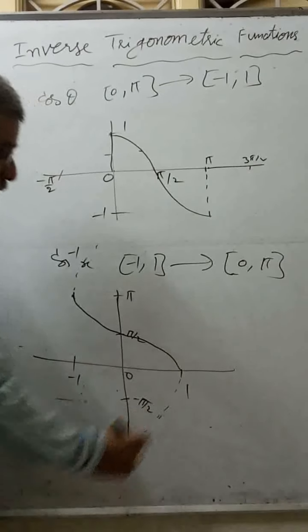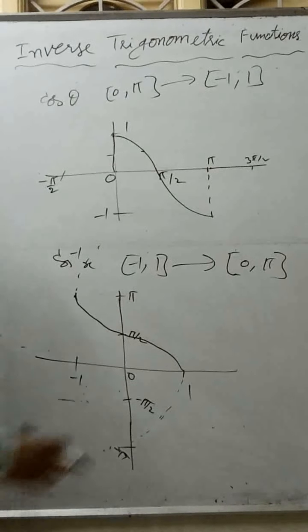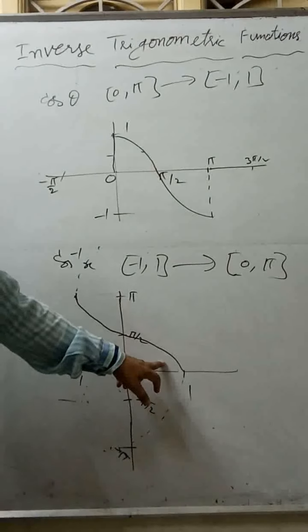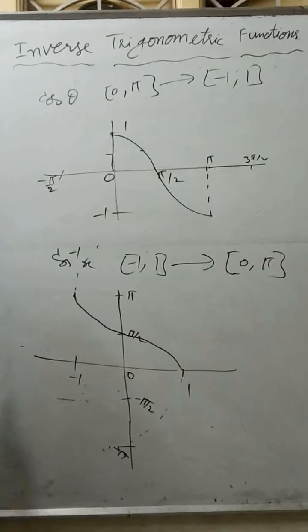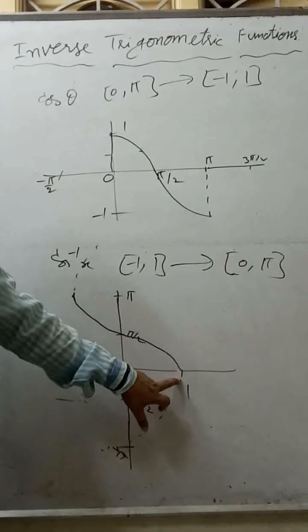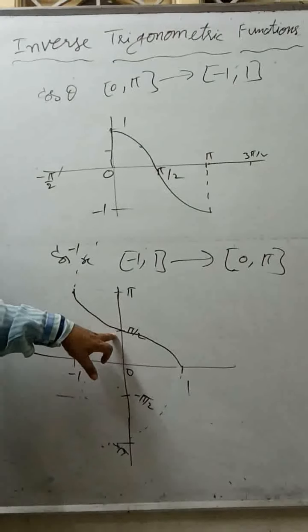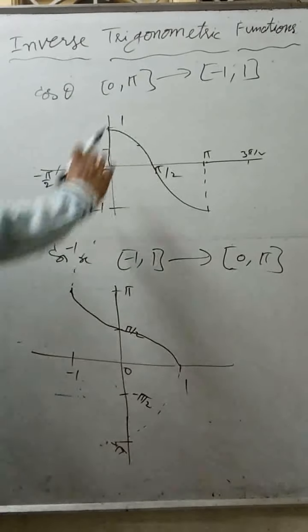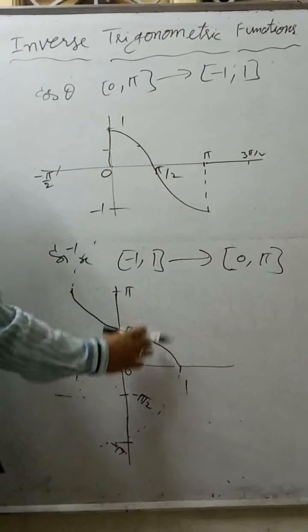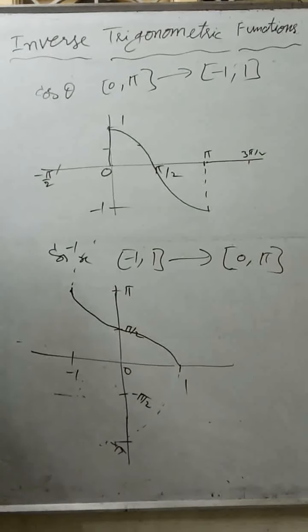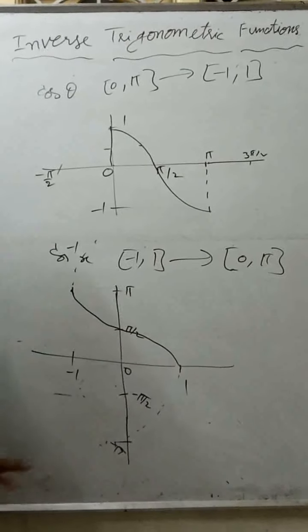Like this you will get. So what I want to say is, now in these two limits, this is the cos inverse function graph. Cos pi is minus 1, cos 0 is 1, cos 90 is 0. So this is the inverse of the graph. If you mix up these two, this is the image of this with respect to y equal to x, with respect to the curve y equal to x.